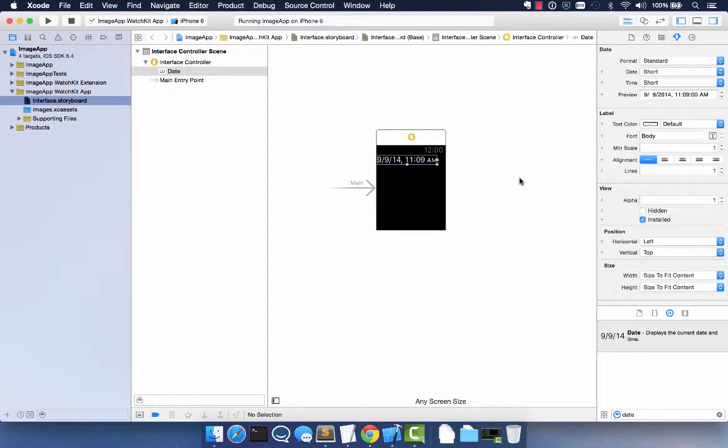Over on the right, in the attributes inspector, you've got different options under date. One of these is the format. If you go with standard, it lets you choose between certain date and time options. For example, you can turn off the date. So if you look over here, the date's gone. Short version of the date,